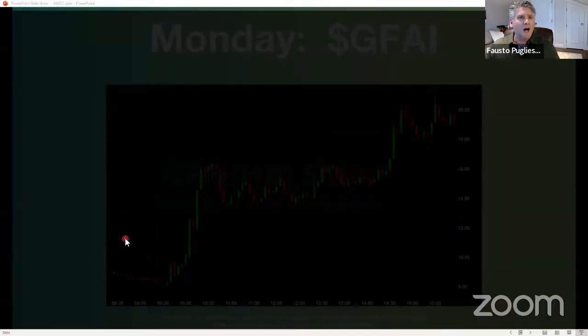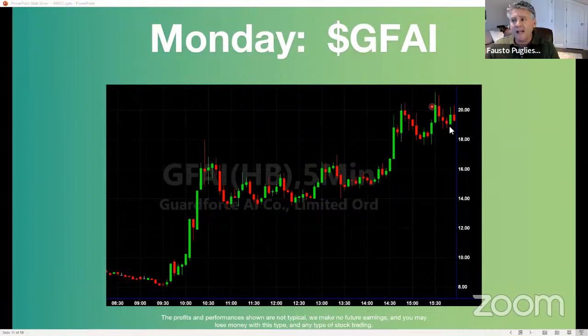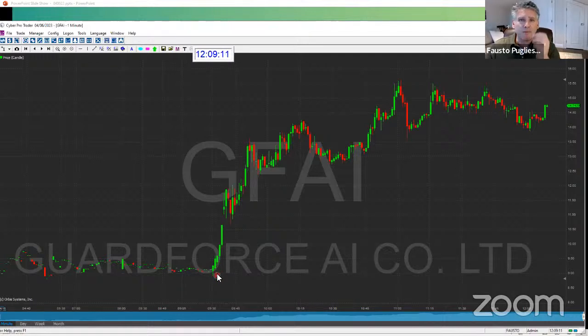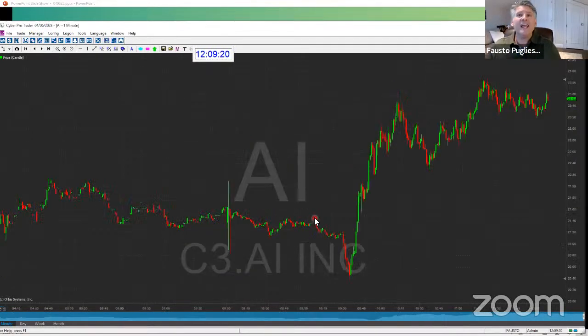So you could see how these stocks made some big moves. Big pops, GFAI. By the way, that stock moved unbelievable today too. This was actually a couple of days ago. This is actually this morning. You can see what the stock did this morning. Look what happened. The stock went from $9 this morning, $9 in less than an hour, to 14. AI went from $20 this morning to almost $23 by 10:30. These are the things that you have to look at.